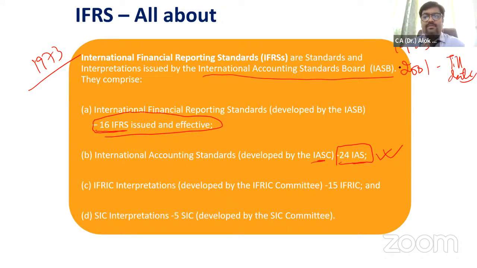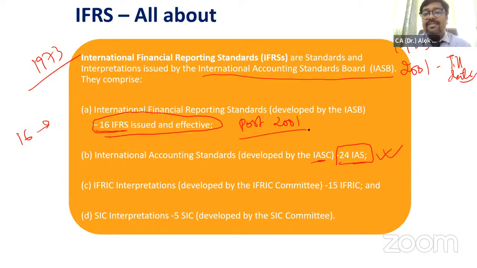And the agenda of IASB was to review these 41 international accounting standards, and wherever a lot of changes were there, they demised the old standard and issued a new standard in the title of IFRS, from 2001. So out of 41 international accounting standards, they have replaced 17 with 16 international financial reporting standards, right? When I say 16, there were two standards on revenue, IAS 11 and IAS 18. So they have merged these two revenue standards into one IFRS standard, which is IFRS 15. So as of now, there are 16 IFRS which have been issued post 2001.